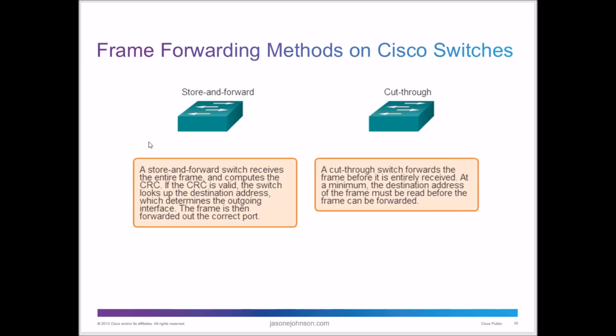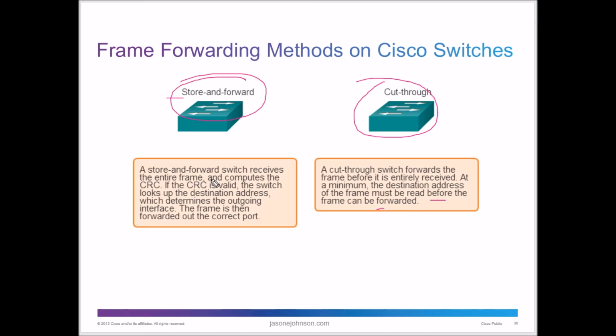So switch forwarding models, there's two different methods, or two different ways of switch forwarding. You have store and forward and cut through. Cut through is faster. What it does is it reads the first part of the frame. It recognizes where it needs to go, and it sends it on through. It doesn't read the rest of the information. It just forwards it right on through. It's faster. It reads the first part of the frame, and then it sends it on.